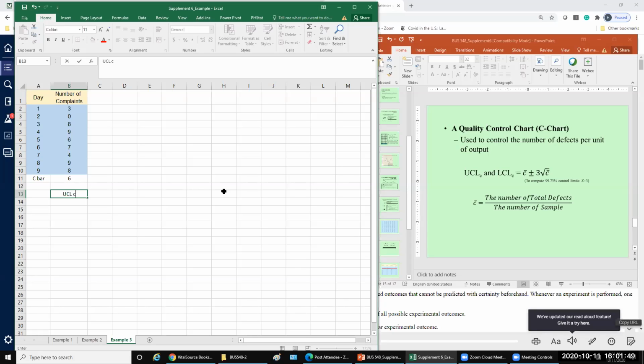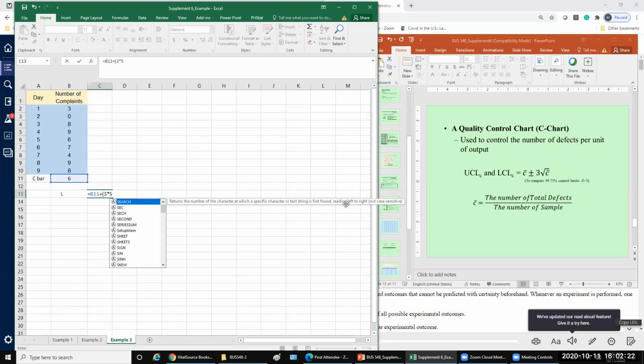So upper control limit C equals C bar, first the upper control limit, plus 3 times, that is the 3 sigma quality control limit, and then times square root of C bar, and